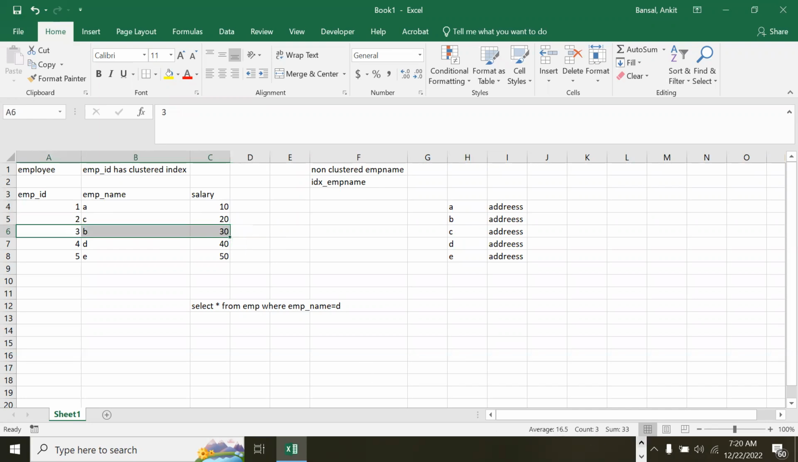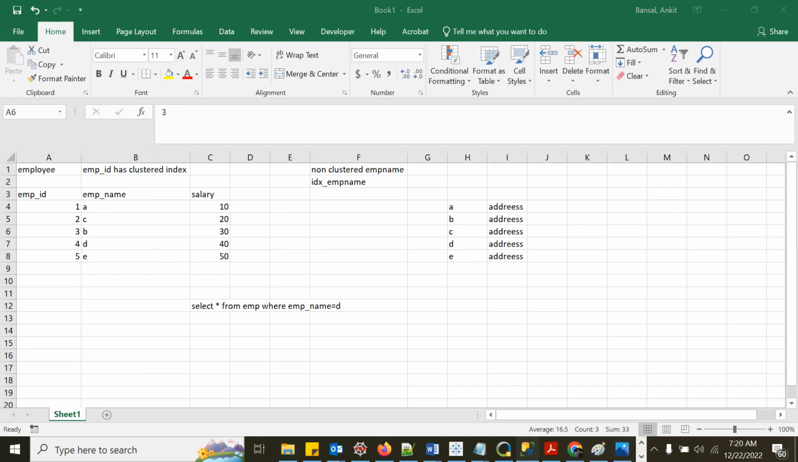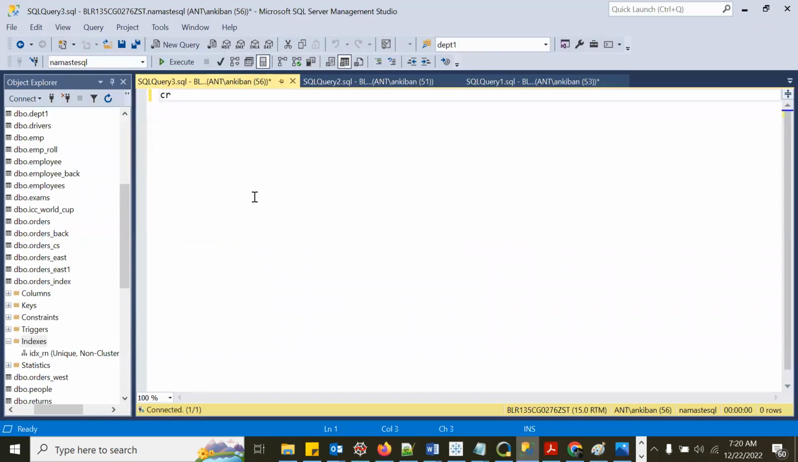Now let's see in SQL Server how we can understand it. Let me create a table, create table, let's say EMP. And we have,